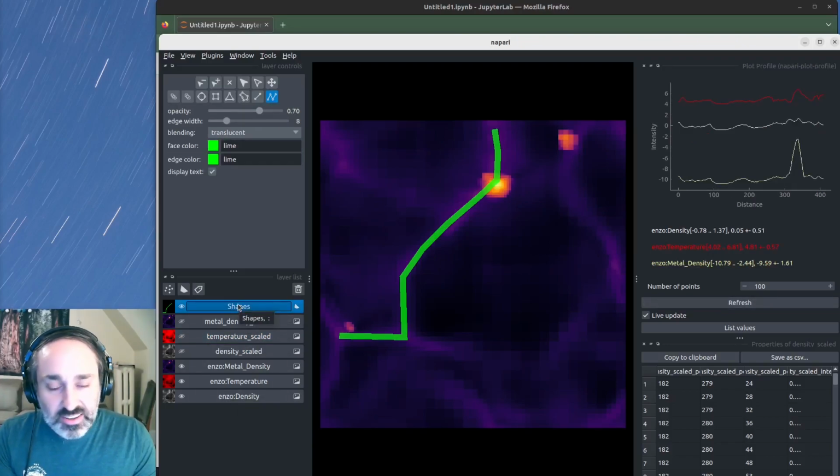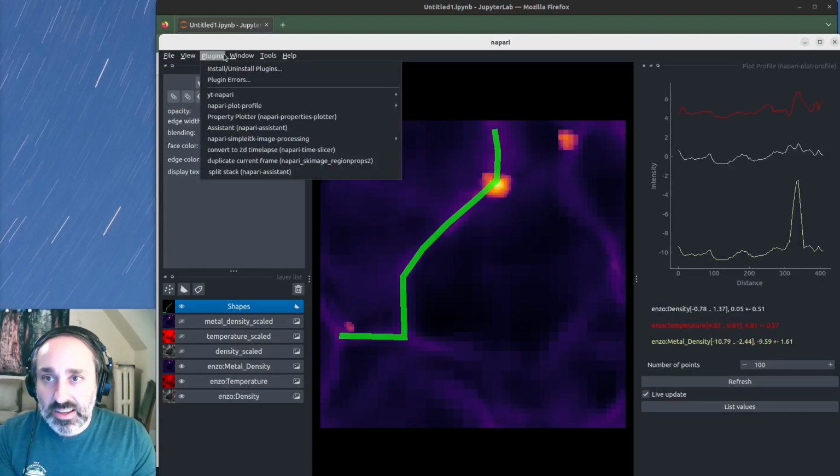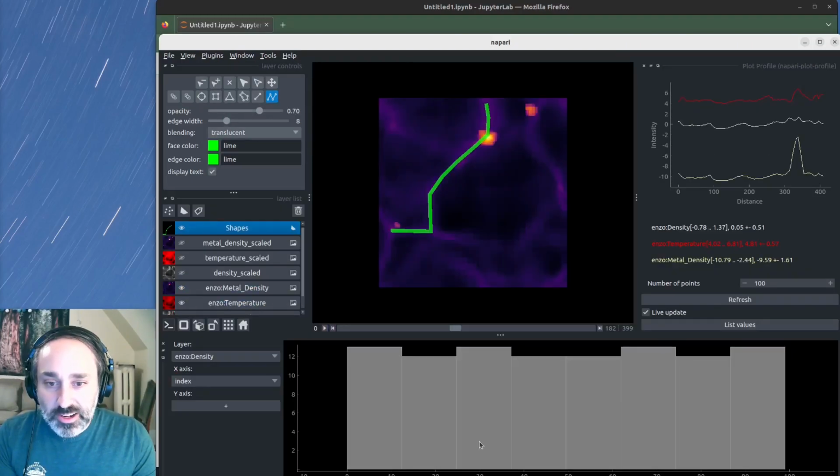Yeah, so I had to click on the shapes layer again to refresh that. So now we're back to our unscaled layers. These are all in the code length of the respective variables. And now if we list the values, we'll store the unscaled values and go back to the property plotter, and